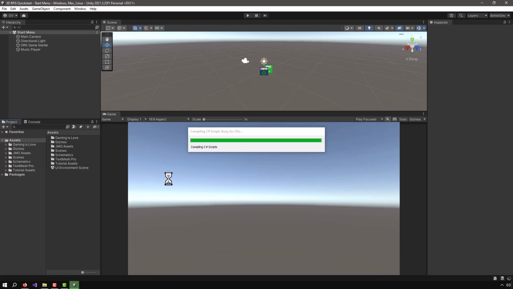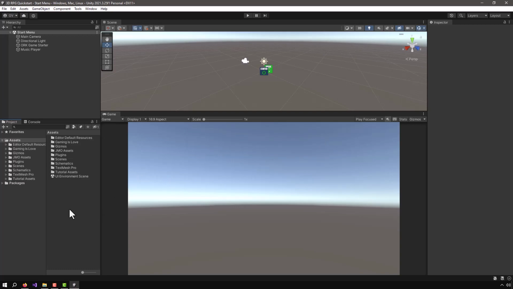Let Unity compile the scripts. And we should have at the end a new Plugins folder with the Quest Machine asset. There we go. So now if we navigate to the Plugins folder, we should have Pixel Crusher, then Quest Machine,